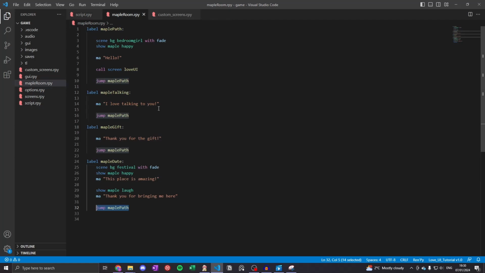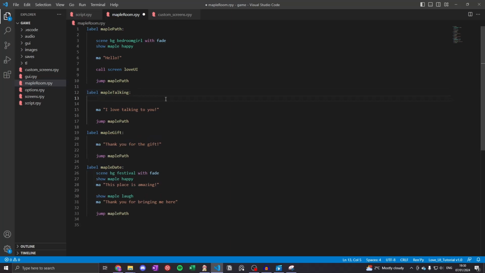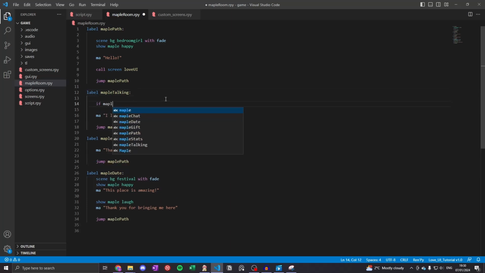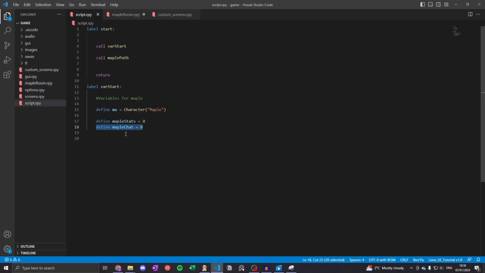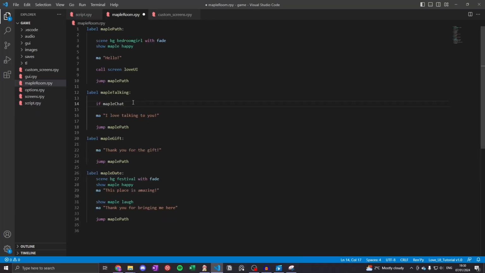So inside of Maple Talking, we're going to say if Maple Chat, I believe is what we called it. That's Maple Chat, yeah. If Maple Chat is equal to 0, so if we've just started,